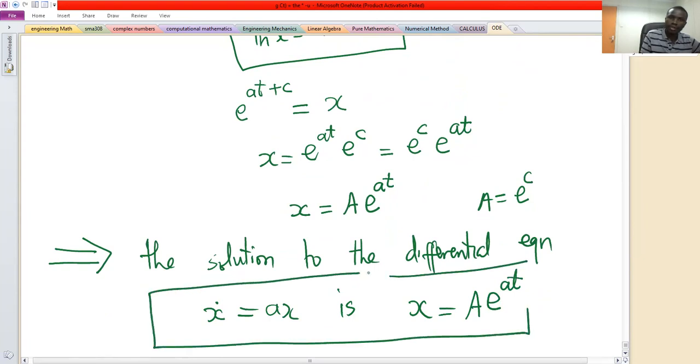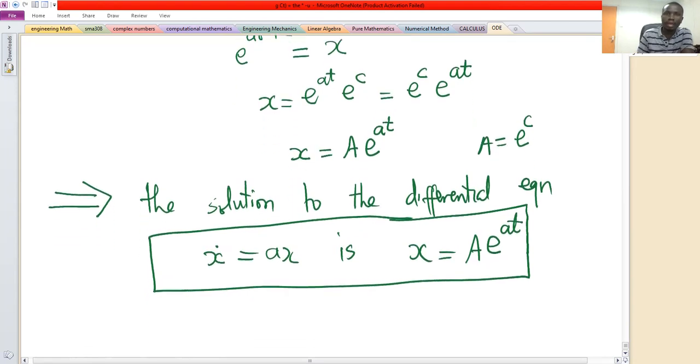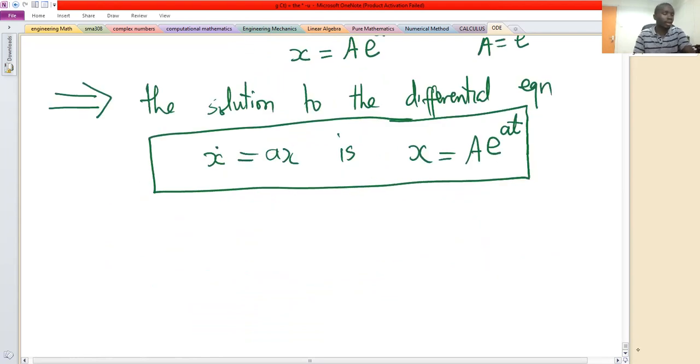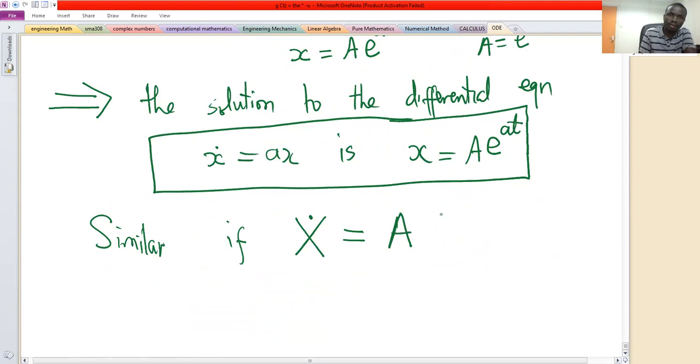So we are going to use this simple first order differential equation to see how to get solutions to the general matrix equation x dot equals Ax. So similarly, if x dot is given by Ax, where A is a square matrix,